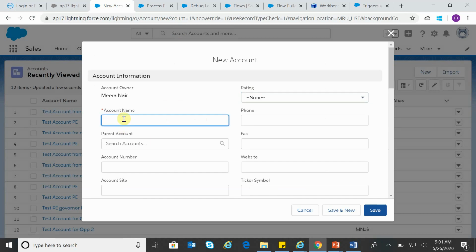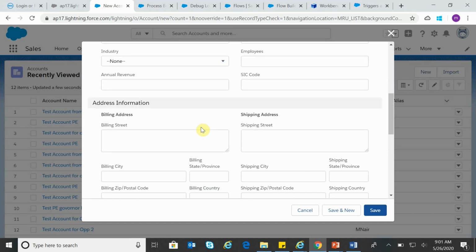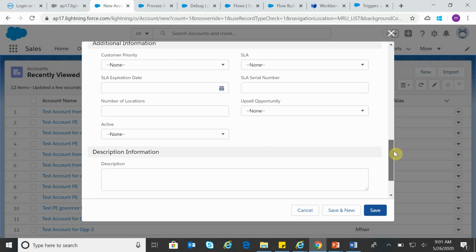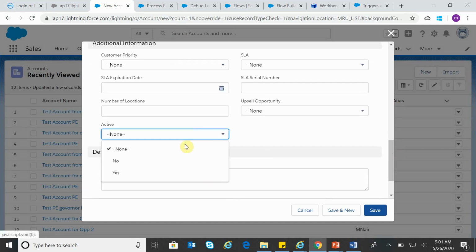Let me name it as account ABC. I'm just populating all the required fields. You need to make sure there is an active field corresponding to account and make sure it is yes. Then only our workflow rule will fire. Save this.